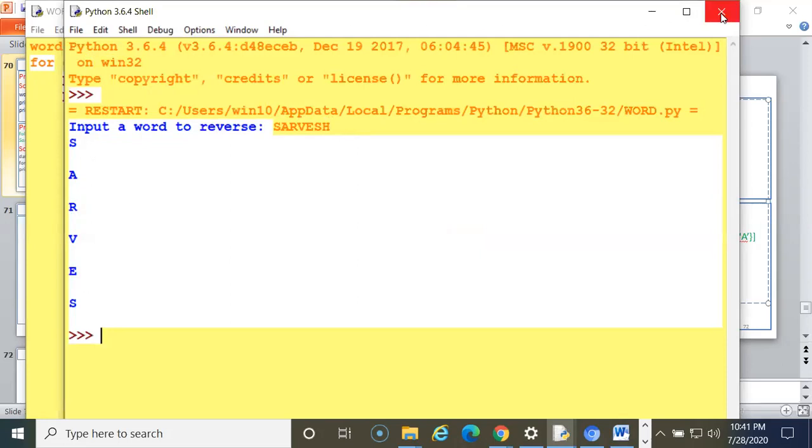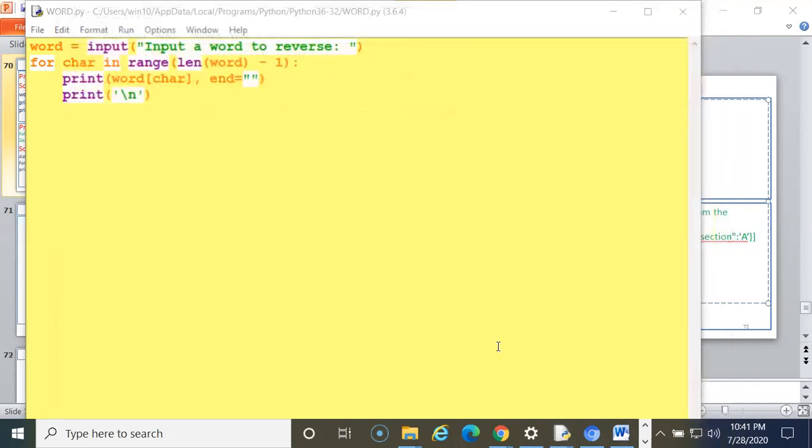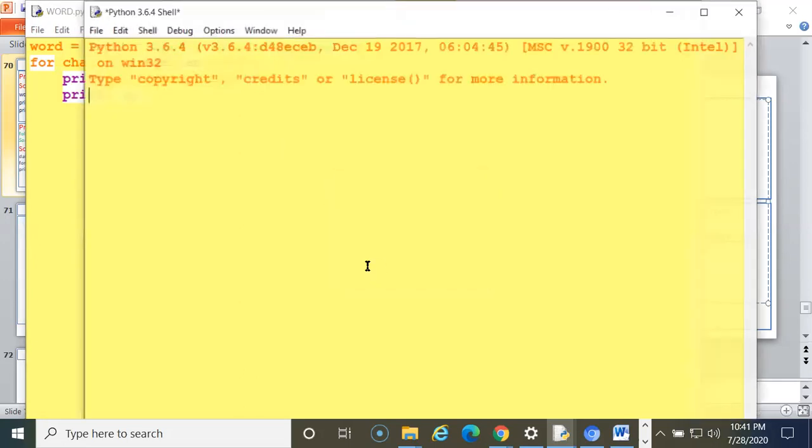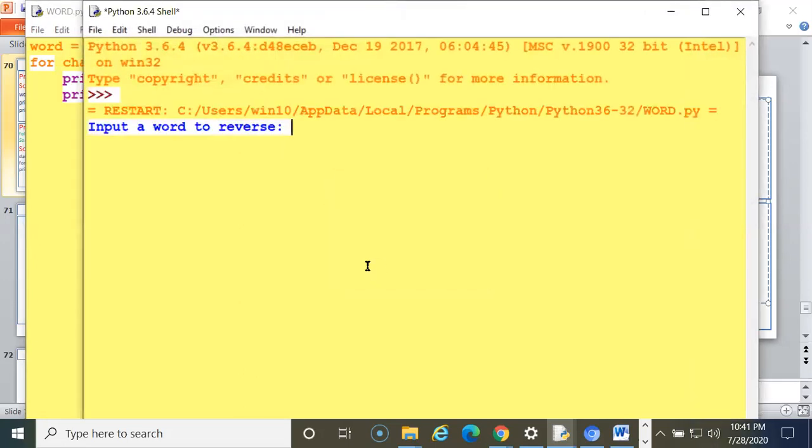So again I am removing that. See, I am removing this one. This minus 1, what happens? I have written Ramandeep.